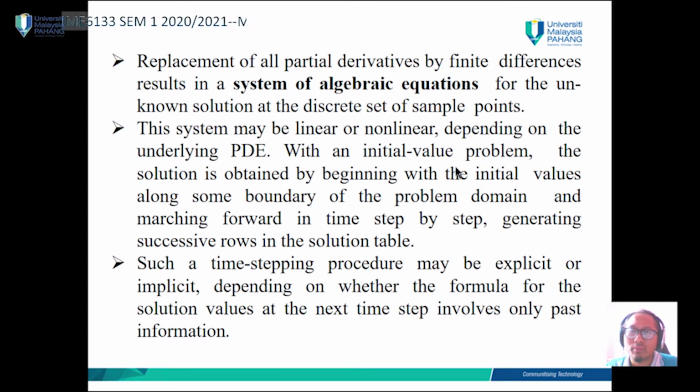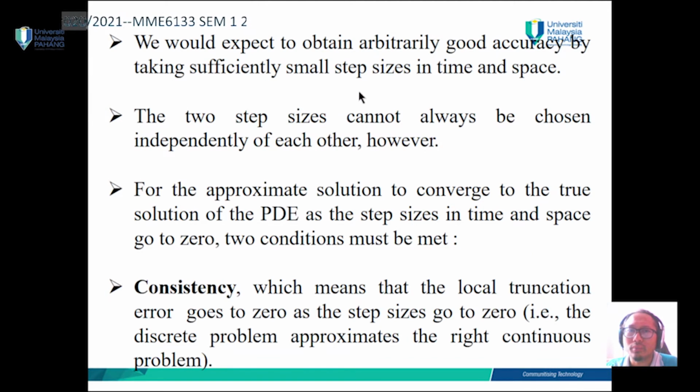With initial value problems, where usually we have the value for t equal to 0 or x equal to 0, the solution is obtained by beginning with the initial values along some boundary of the problem domain and marching forward in time step by step, generating successive rows in the solution table. Such a time stepping procedure may be explicit or implicit, depending on whether the formula for the solution values at the next time step involves only past information. We would expect to obtain arbitrarily good accuracy by taking sufficiently small step sizes in time and space, okay,